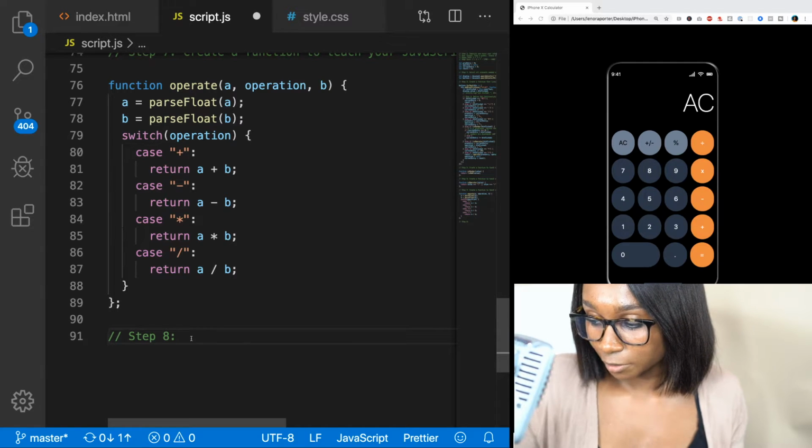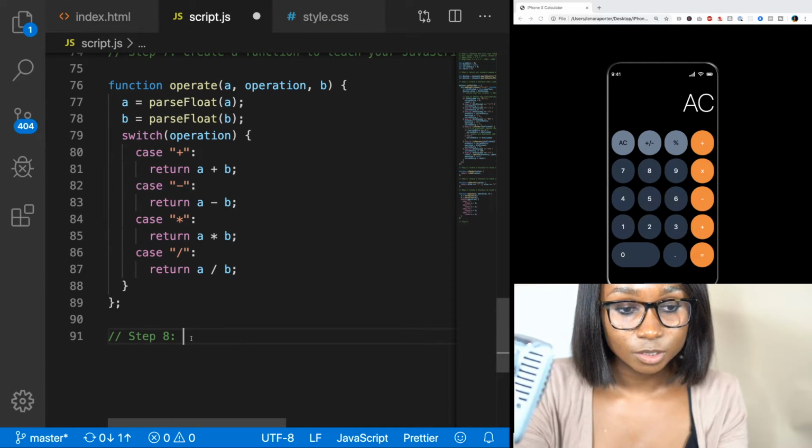This water should be gone by now. All right, so